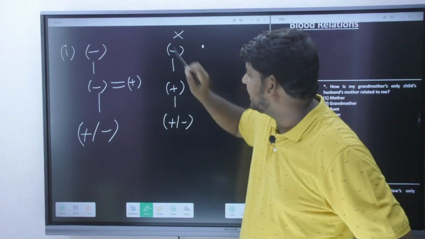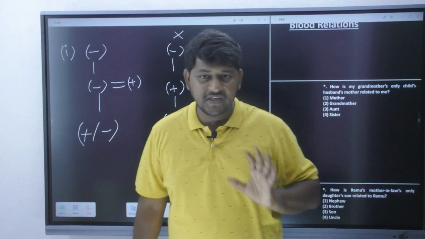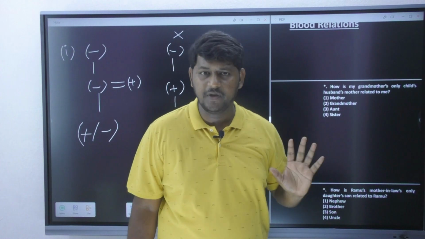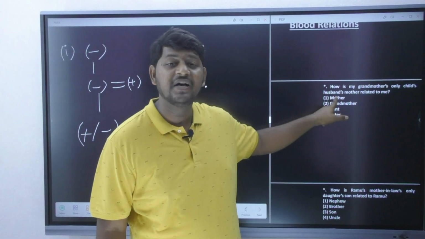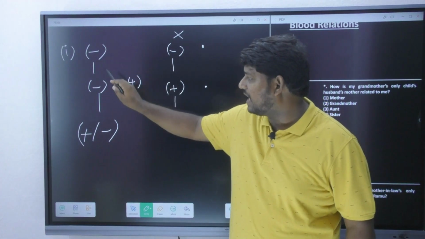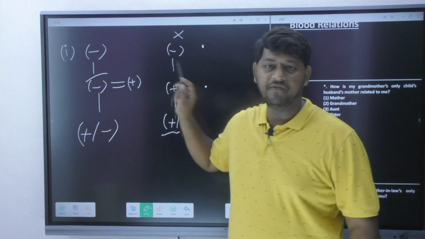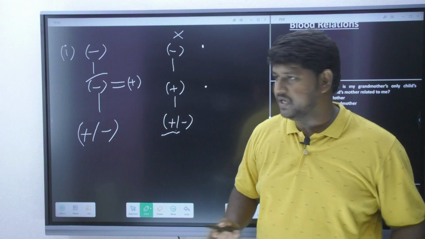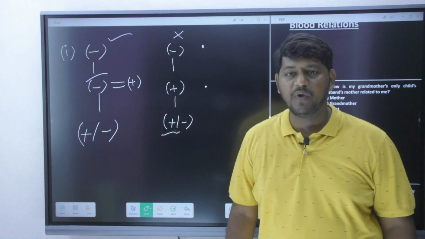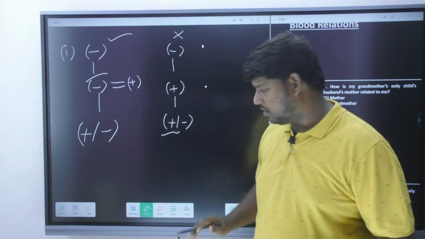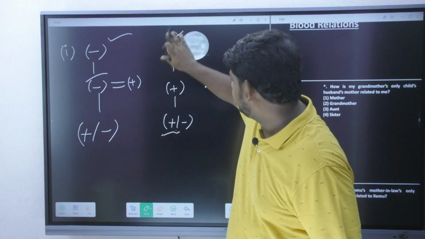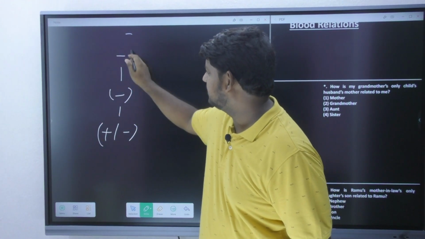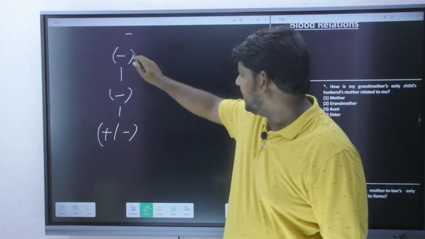That is why possibility case number 2 is eliminated, because it is mentioned very clearly that grandmother's only child could be either male or female, but the child is supposed to have a husband. When the child is supposed to have a husband, the child has to be definitely female. If you understand it as a male, that possibility is never going to be correct. So that is why case number 1 is correct, case number 2 is wrong. So I am just going to clear it. Let us see. My grandmother's only child's